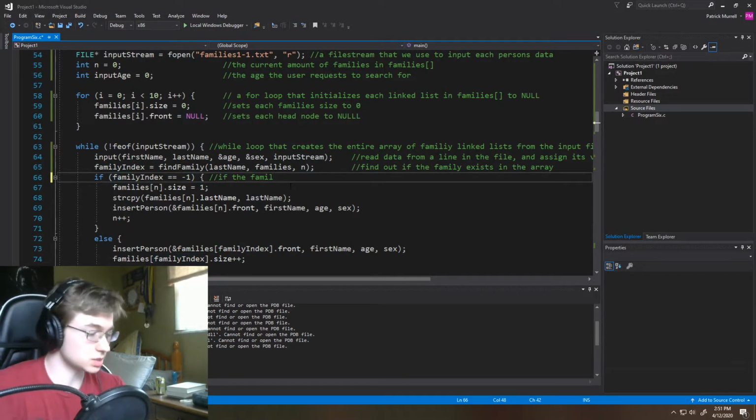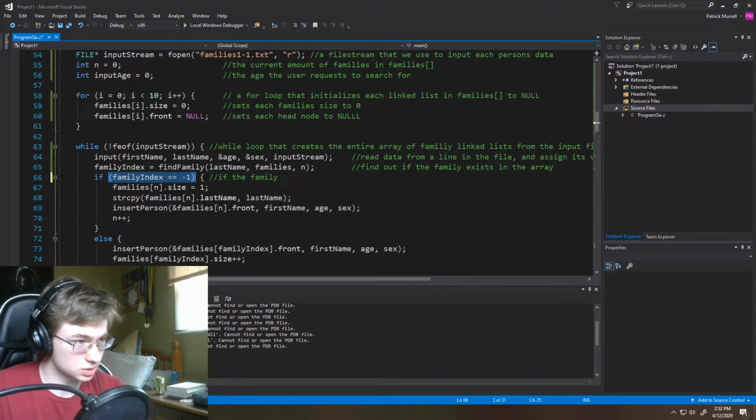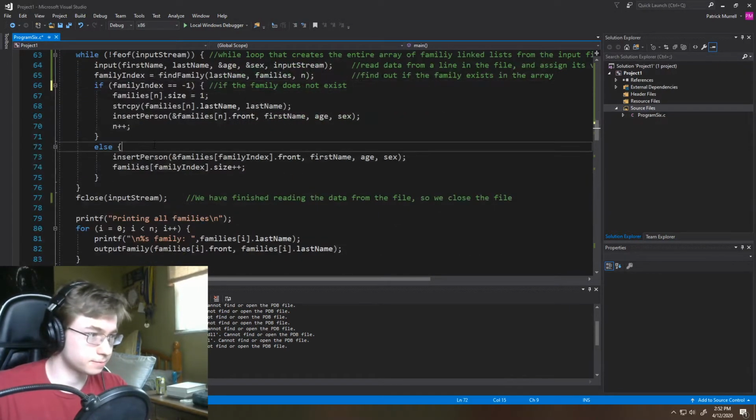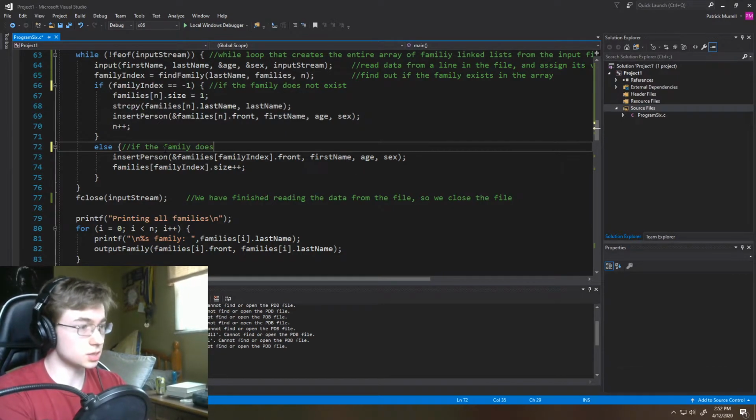So if the family does not exist, that's essentially what this if statement is saying. If the family does not exist, if the family does exist,